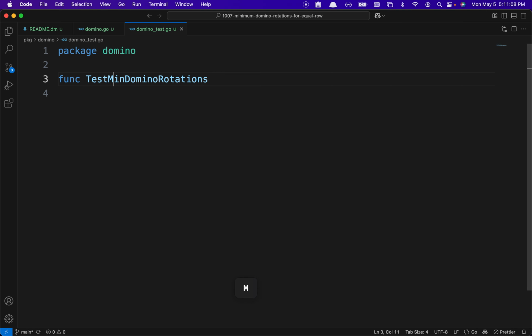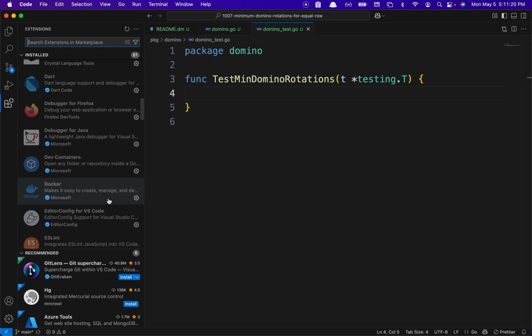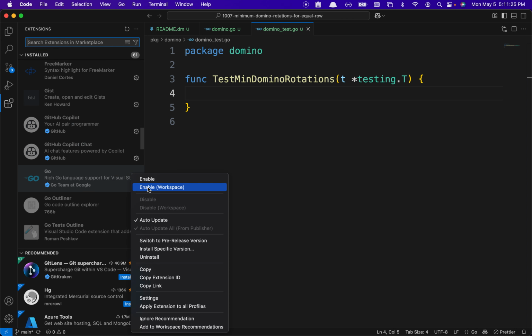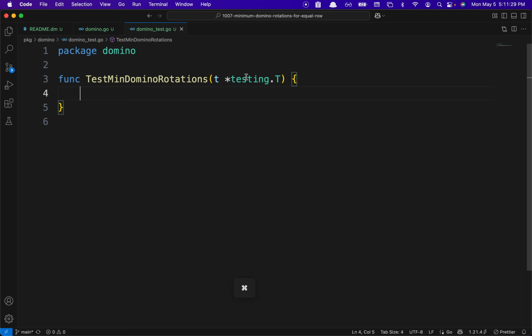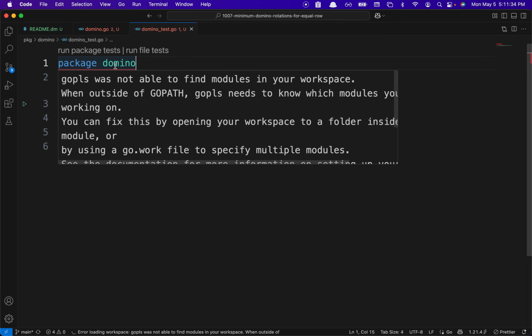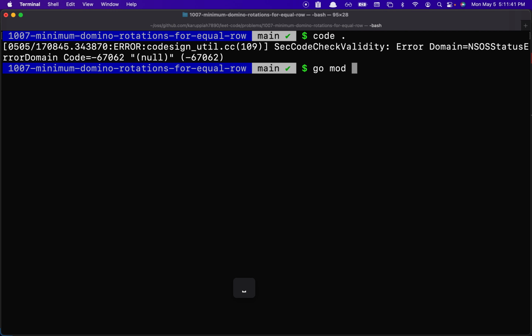I'll just call it this. And in extensions, I'm going to go ahead and use the Go extension, enable for this workspace, and we're good to go. So now it says Go, please is not able to find modules in your workspace. Oh yeah. So I'll just create modules, go mod init,